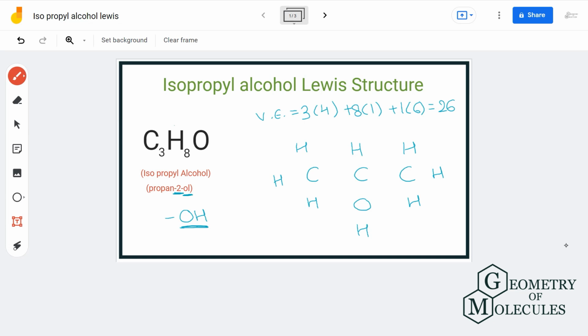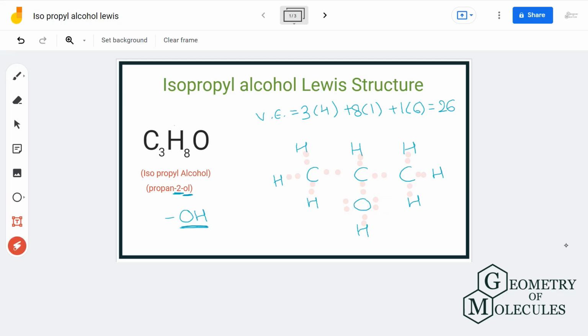After that, we will place an electron pair in between each atom for bond formation. As you can see, every atom has completed its outer shell except the oxygen atom, which still needs 4 more electrons. We have used 22 electrons and are left with 4 more, so we will be assigning the remaining 4